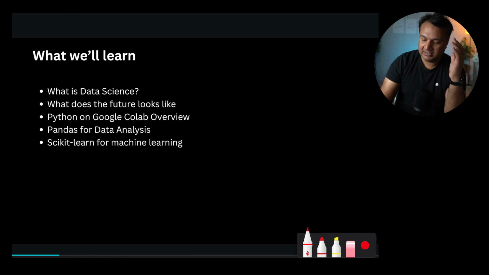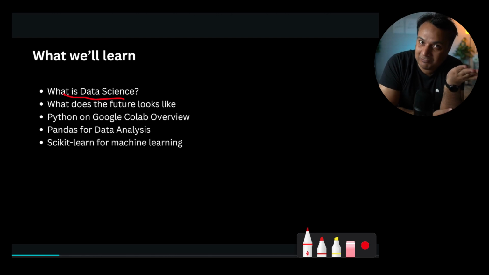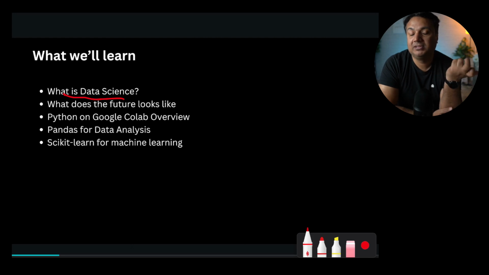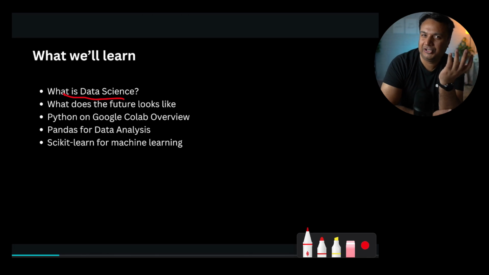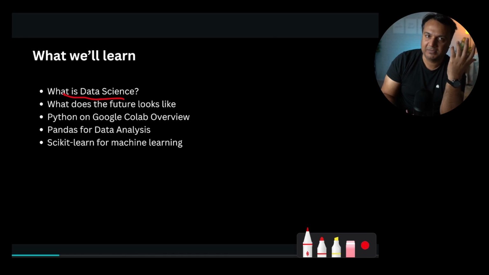So we'll begin with just to give you an intro of data science. Now, if you're watching this course, you might already have a good idea what data science is. That is why probably you signed up for this course. But I still wanted to touch base on this very quickly because the definition of data science keeps changing. And even companies, when they're hiring for data scientists, they're not fully sure what they mean by data scientist. Some people think that data analyst is the same thing as data scientist. And there's a lot of confusion. What is AI engineer and what is machine learning engineer and what is data science? So we'll try to touch a little bit on that and share my perspective. Of course, there is no right answer for that.